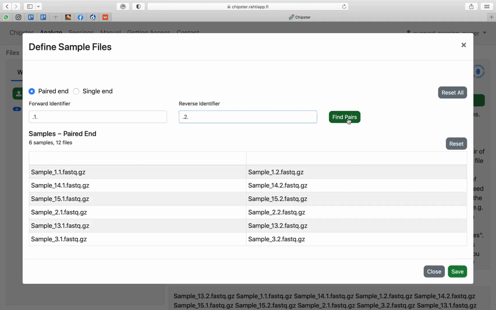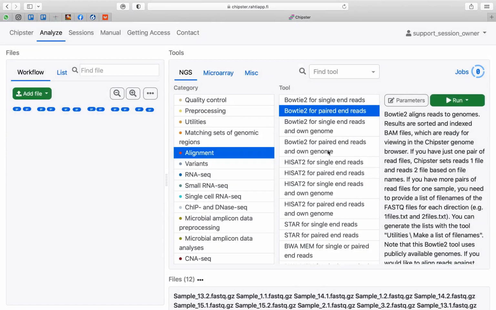Now if we click find pairs, you can see that it's organizing the data accordingly. So here you can see now your samples, so sample 1, sample 14, 15 and so forth. After you have confirmed that this looks okay, you can just click save, and now it should have the information